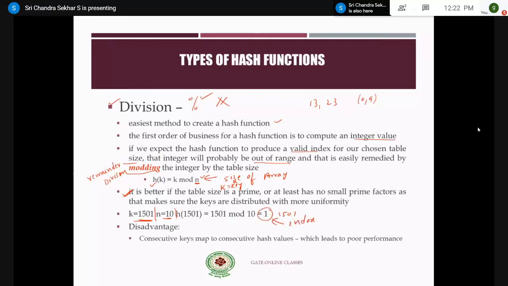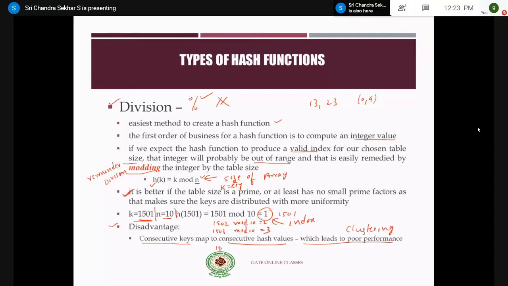right? And the disadvantage of this division method is that consecutive keys map to consecutive hash values, which leads to poor performance, which is nothing but clustering, right? For example, 1501 has an index of 1. 1502 mod 10 is 2, and the consecutive number 1503 mod 10 is equal to 3.